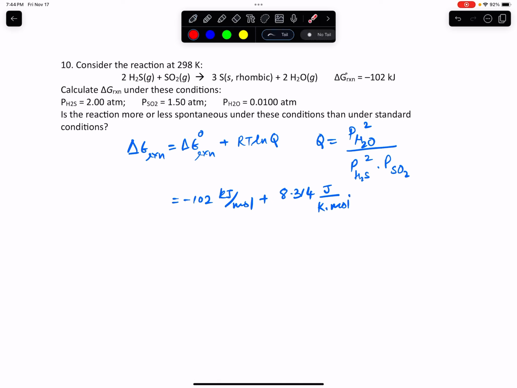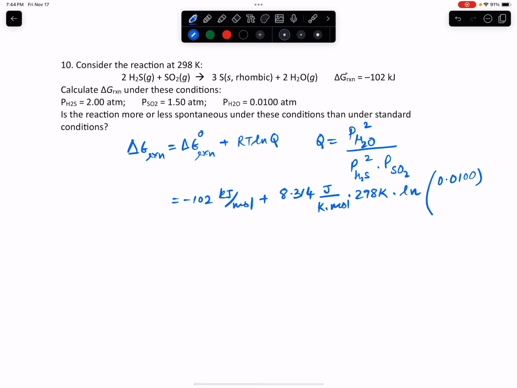The temperature is 298 Kelvin, times ln of Q. And the expression for Q is here, so let's plug all these values in for Q. So that's going to be ln of